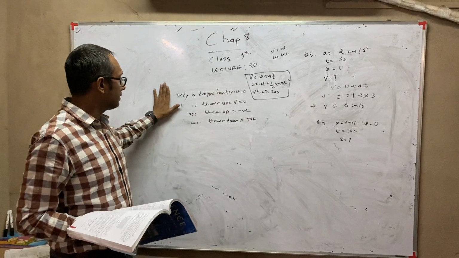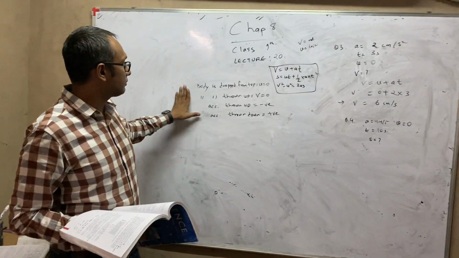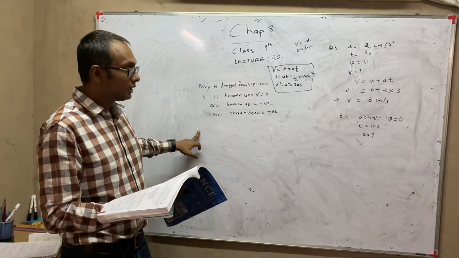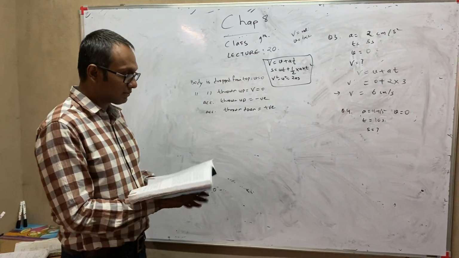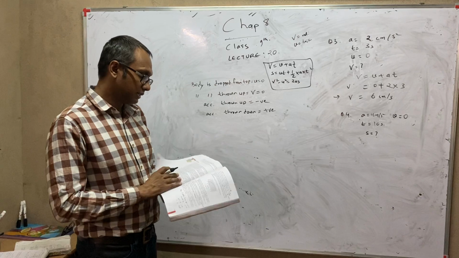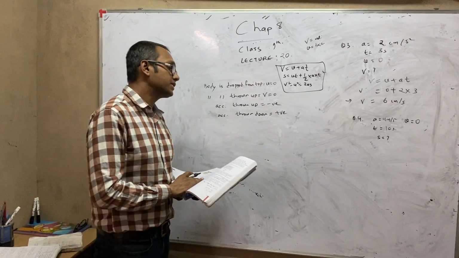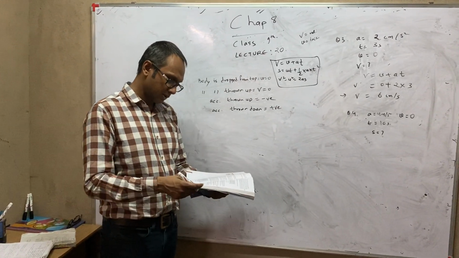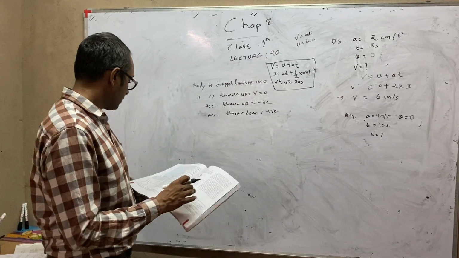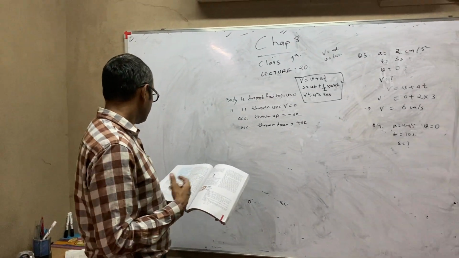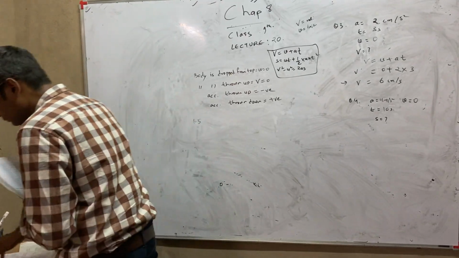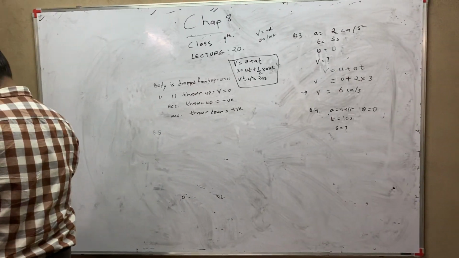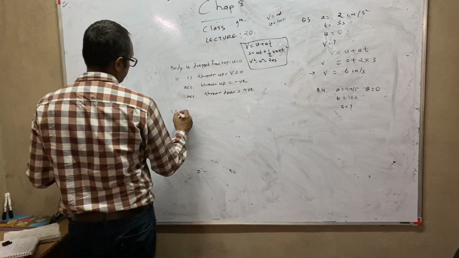These 4 things, I'll write them in the notes also for you. And these things will be required when we are doing question number 5 on page 110, which I will do totally, and question number 7, which you will do on your own, on page 113. So first we will do question number 5. You will read the question first. Question 5 on page 110.